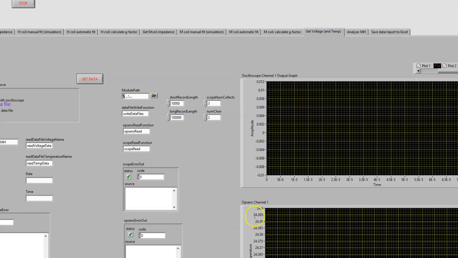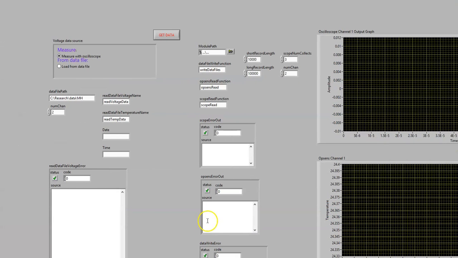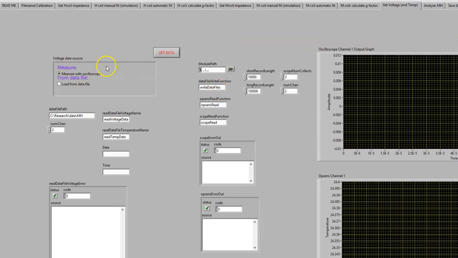And then we record temperature values. So basically, voltage data source: do we measure with the oscilloscope or load from a data file? We are going to measure from the oscilloscope. And the number of collections is going to be 3. So we're going to do 3 runs. And we're going to get the data. So we have